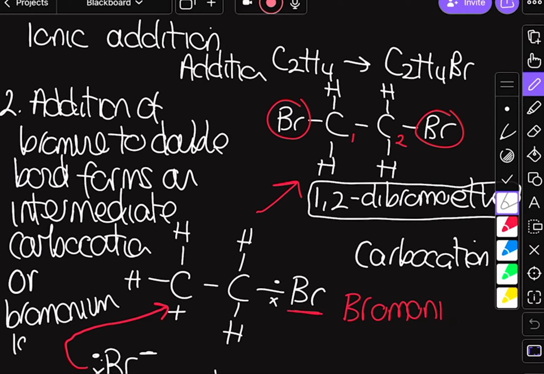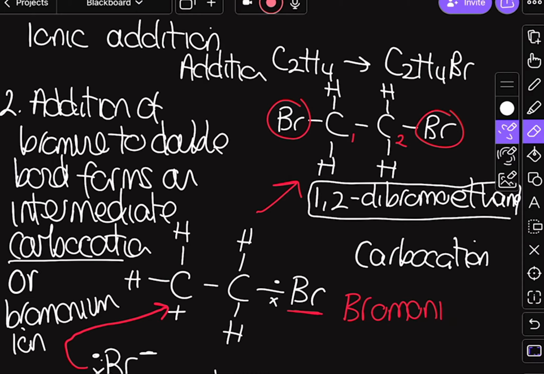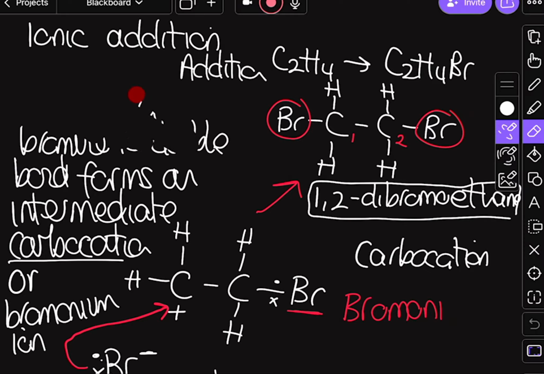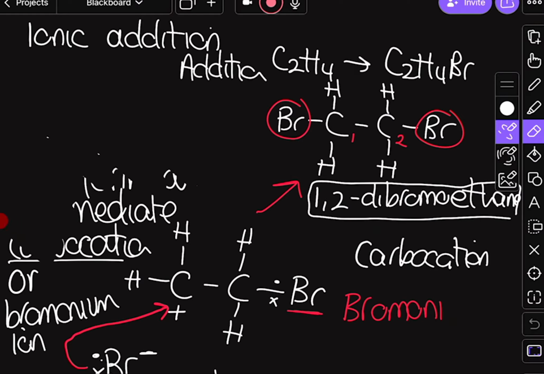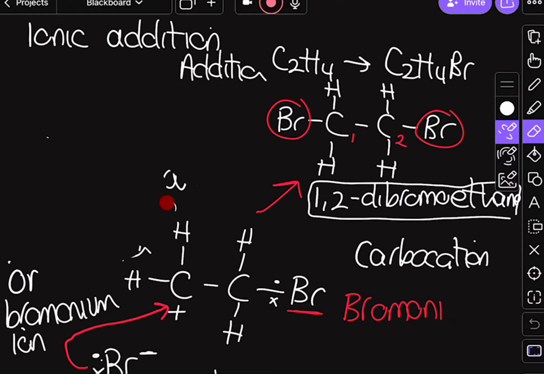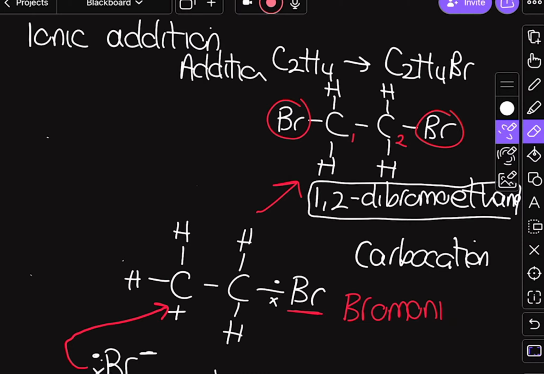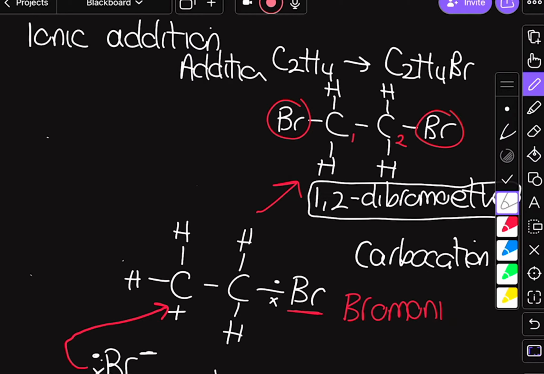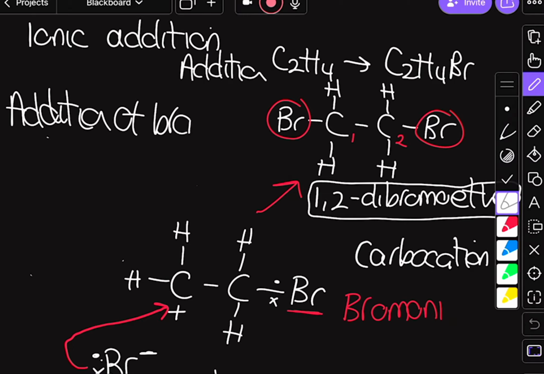So all of the intermediates we're going to draw will be carbocations, but this is the only one that is a bromonium ion thus far because of this bromine over here on the left or on the right. Okay, so that's step 2. So it's telling us about the carbocation, and the final step is describing this second picture. And the second picture is telling us that we now have addition of bromide to our carbocation,